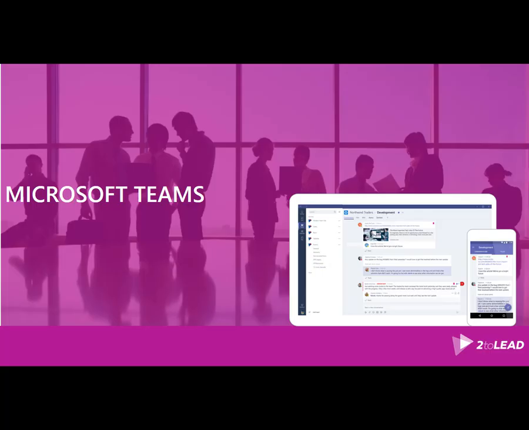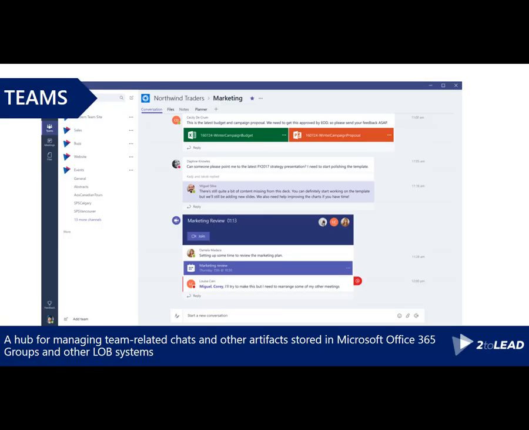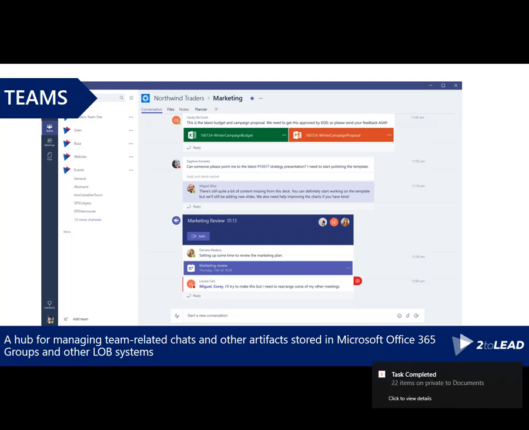Well, since this session is about Microsoft Teams, let's see how this tool can help us with our specific needs. Microsoft Teams was released about 7 months ago as a competitor to a tool called Slack. It integrates both communication as well as collaboration functionality into one unified experience. Today, Microsoft Teams is available to all the Office 365 business, enterprise, as well as education users.